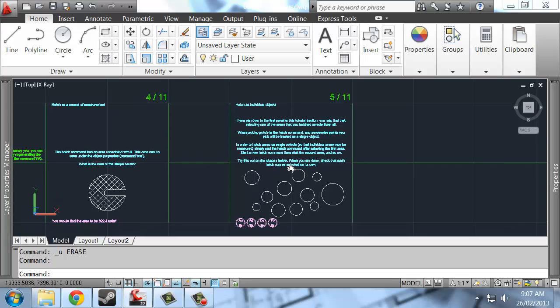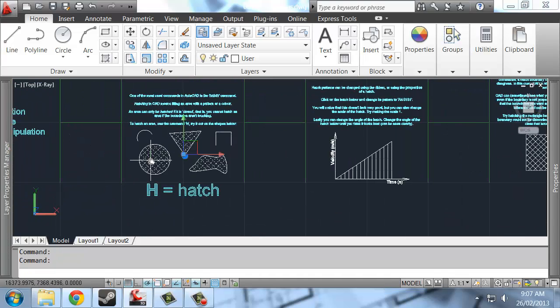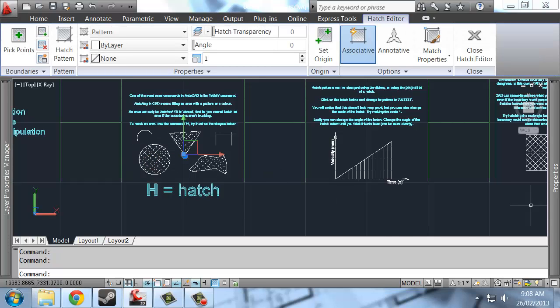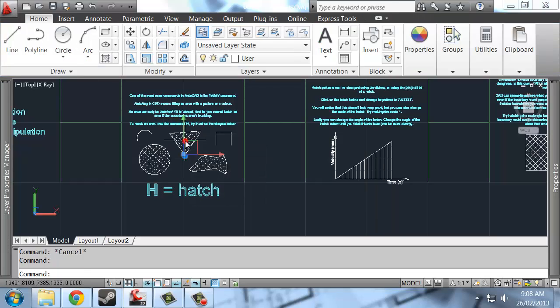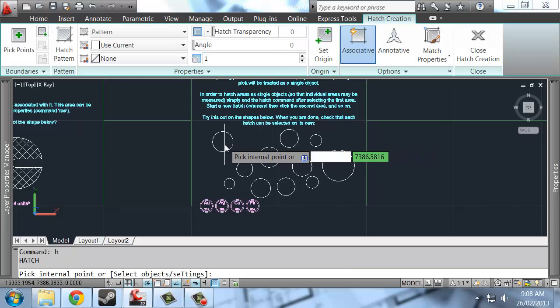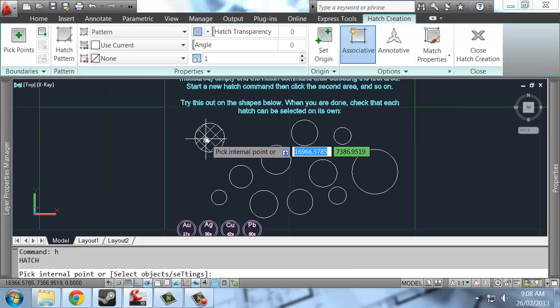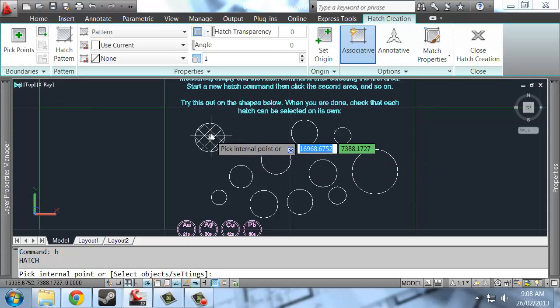Now, this panel talks about the way that hatches are grouped together. In the first panel, even though I had all of these hatches in different areas, when I click one of them, it selects them all, and it gives us one big area for all of those hatches. If we wanted to individually know what the area of all of these circles were, or assuming they were more complicated shapes, what we needed to know the area of footpath growth, or of a new depth of asphalt on a road, what you'd need to do is click,